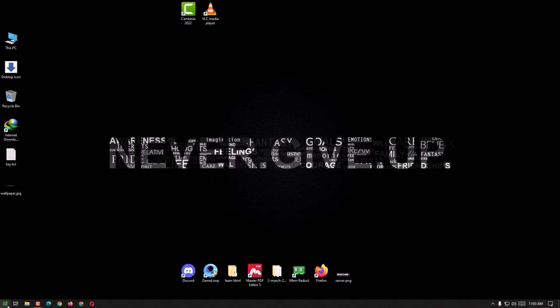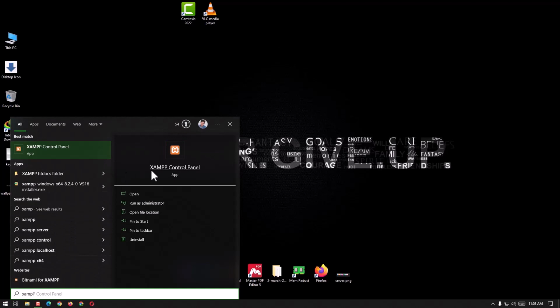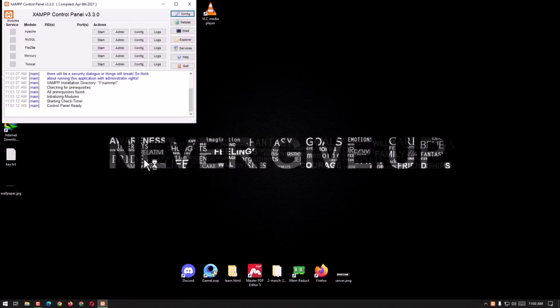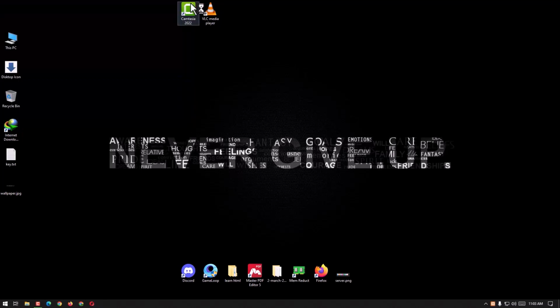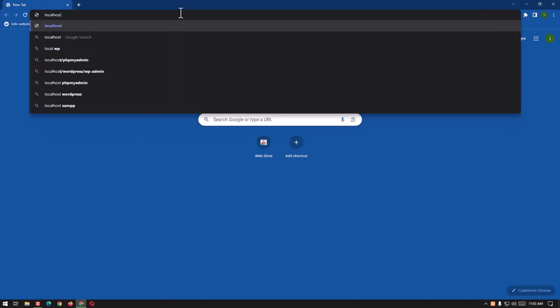First step is I shall go to the start menu, and here I'm gonna search XAMPP, and XAMPP appeared. I'm gonna go to its control panel. It's working right now. Here I have to start the Apache and the MySQL. I have started it, and now it has started. We shall close it. Now we shall go to the browser, and here I'm searching